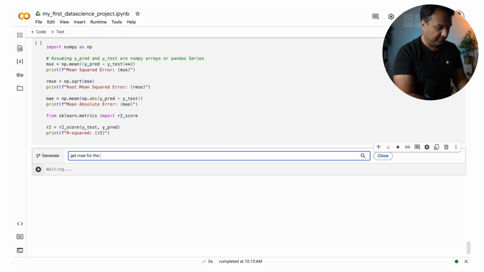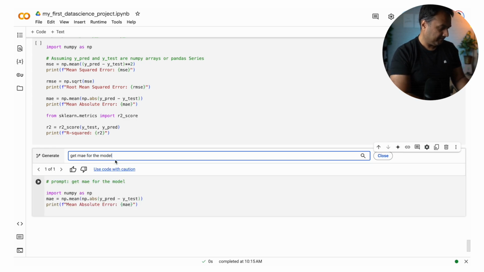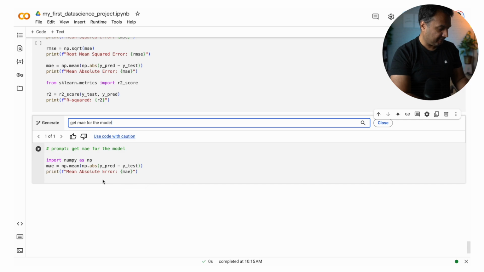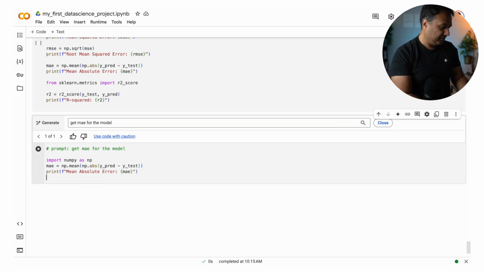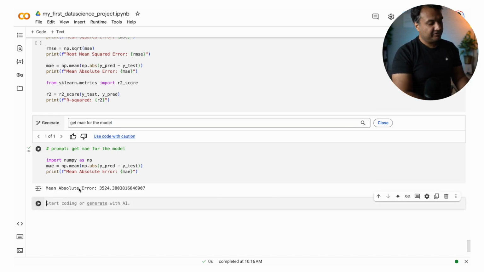MAE for the model. I believe there is a way to do it. Okay, so yeah, let's do it this way. So the absolute error difference is 3,500 rupees. So on average, our model was off by 3,500 rupees in prediction.